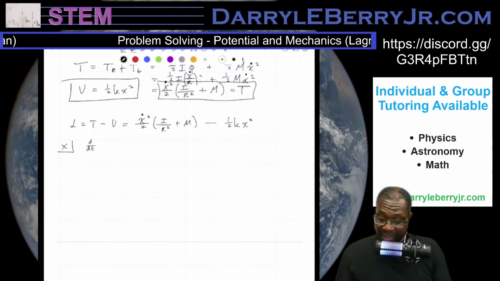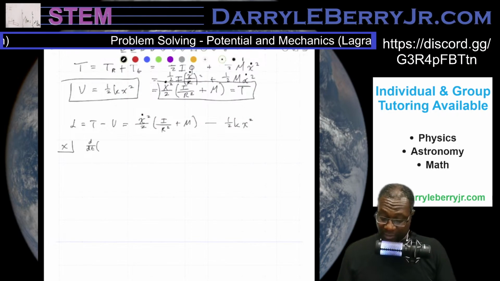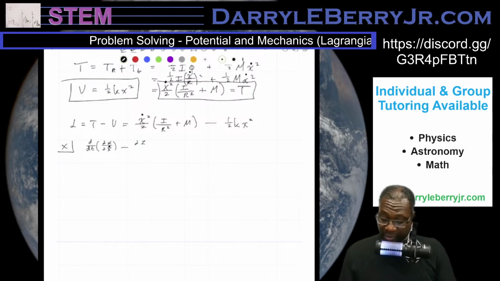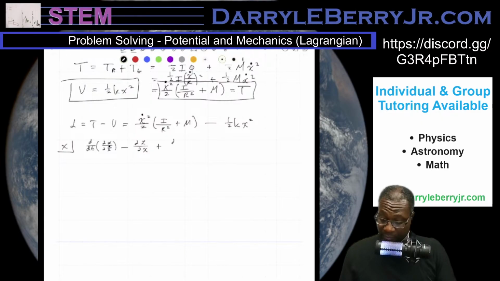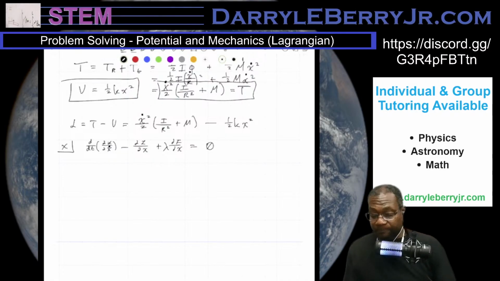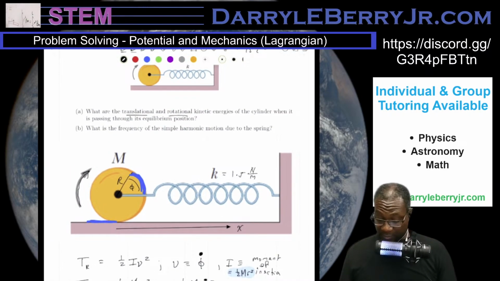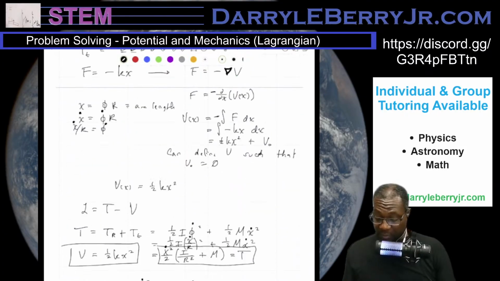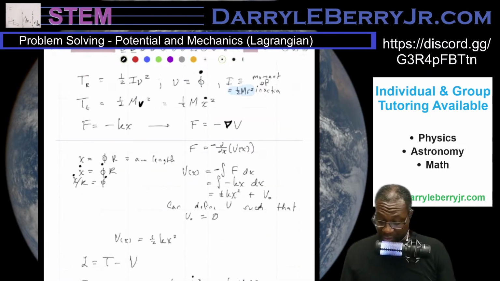They're varying according to time. d dt of partial L over partial x dot minus partial L over partial x plus partial f over partial x lambda equals 0. I'm going to go ahead and use the constraint. And then once someone is passing through the equilibrium,